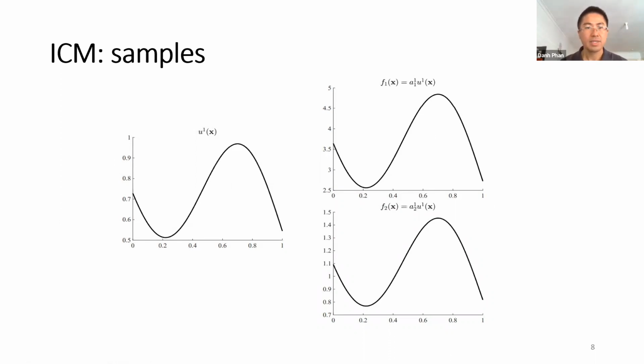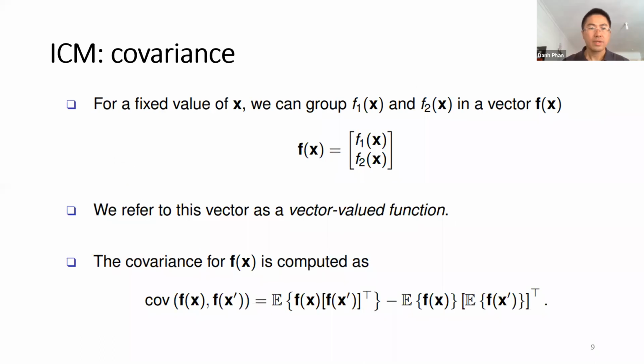So from that, what we do is we can stack F1X and F2X together to have a big column vector. And what we do is we calculate the cross covariance function between Fx and Fx prime, and it will use some expectation equation here, which I will not go into